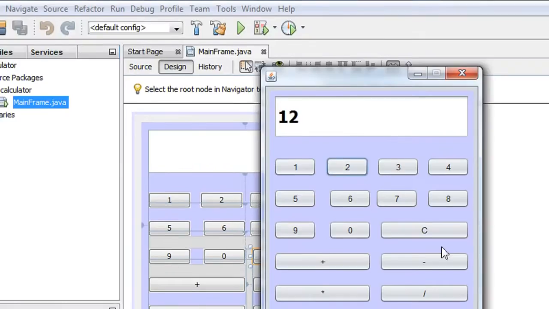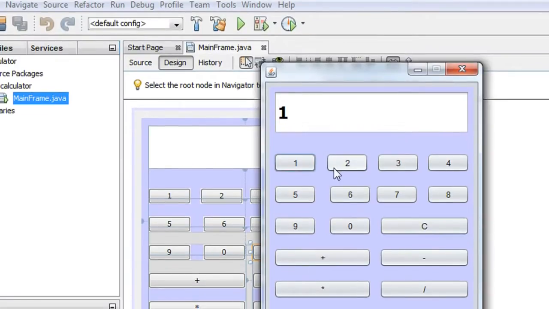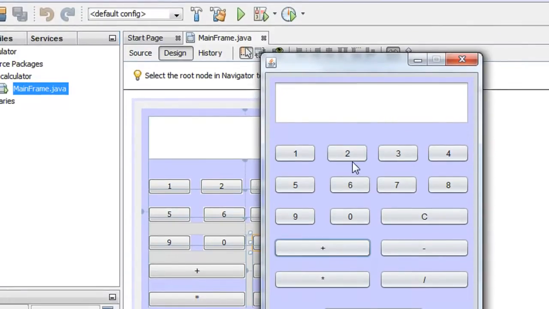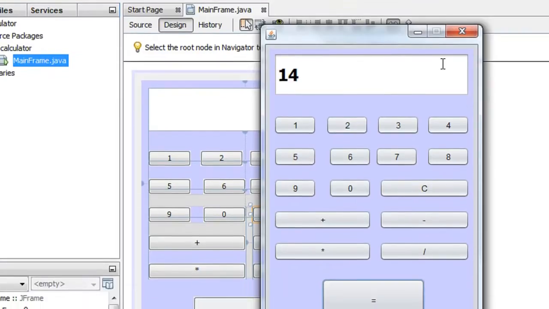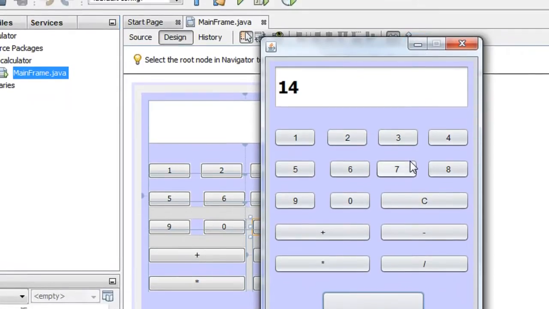So 12 clear, 12 plus 2 is equal to 14. Okay, now you can see all the buttons and all the functionalities available on the calculator are now working fine. And in the coming part of this tutorial we add some additional functionalities like square root and some other